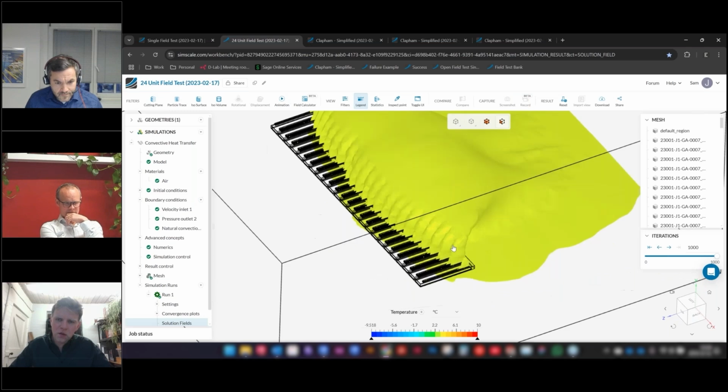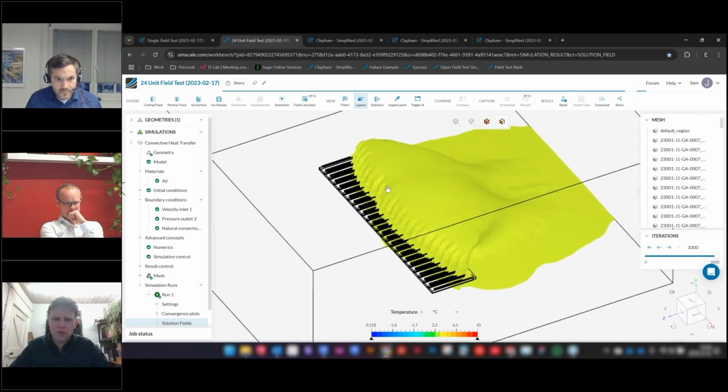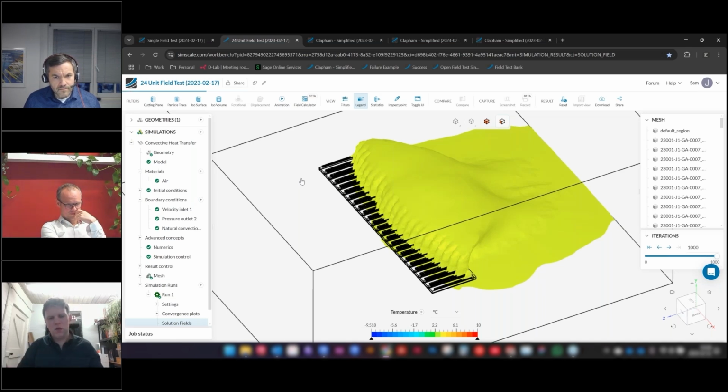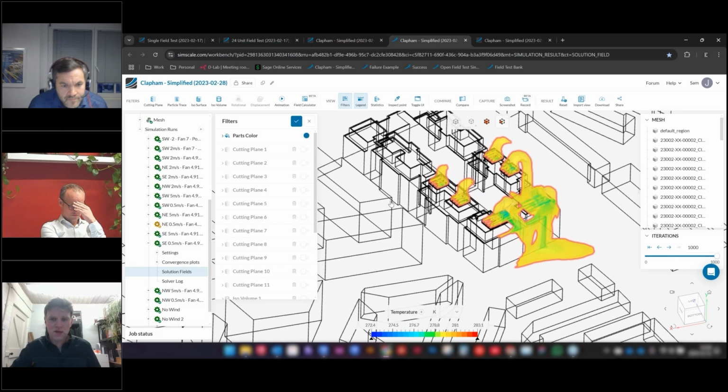This effect is a phenomenon we see regularly for large-scale heat pump exchange arrays such as this, where there's a very large area effect occurring. We've got large bulk volumes of air, large bulk volumes of cold dense air, which is recirculating. So this is a part of the iteration process as well. We're piecing the puzzle together here and understanding what might be occurring when we come to do the full simulation itself.